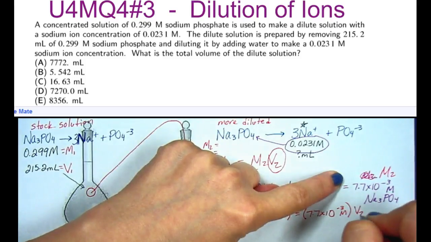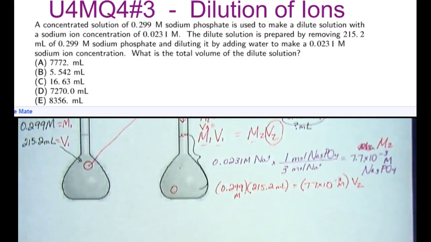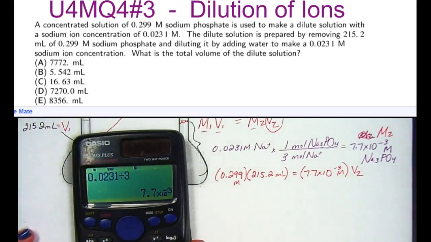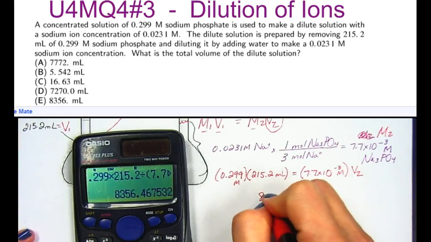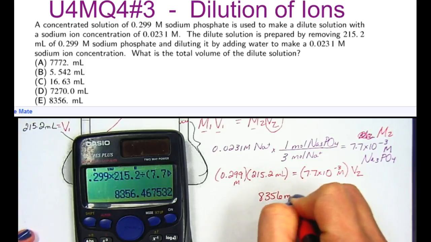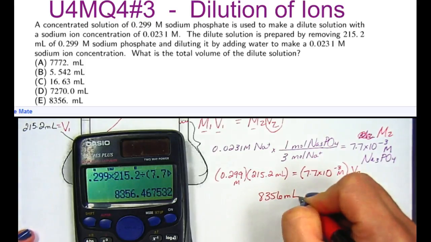What is V2? And so I will type in 0.299 times 215.2 and then divide that by 7.7 times 10 to the negative 3, and I get a volume of 8,356 milliliters, which is letter